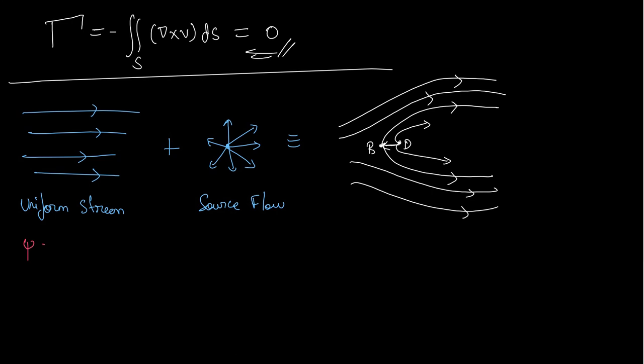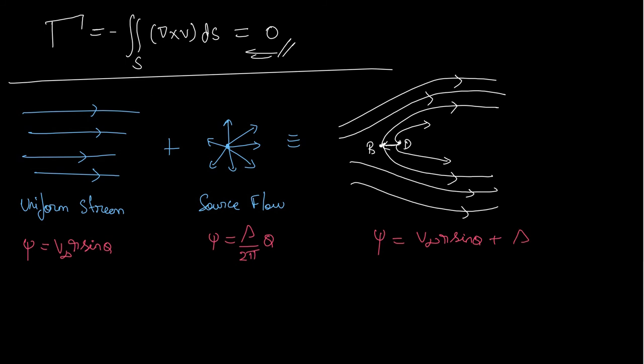Which we have derived earlier, is ψ equals V∞ r times sin θ. We did not derive this exactly, we derived it in the Cartesian form. This is in the polar coordinates, and we have ψ equals λ/2π times θ. We derived this in the cylindrical coordinates. You will get the same thing as for the uniform stream also. It is provable. And if I want to find the stream function of this final resulting profile, all I need to do is just add this.